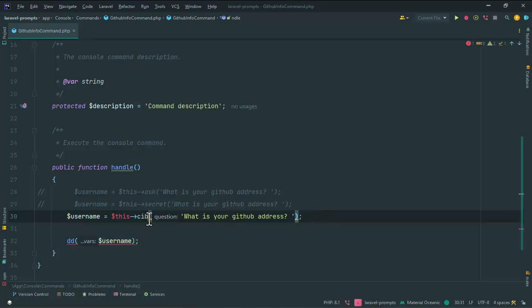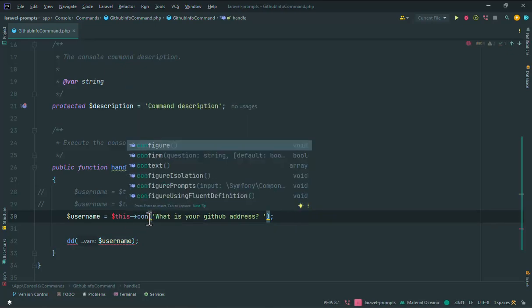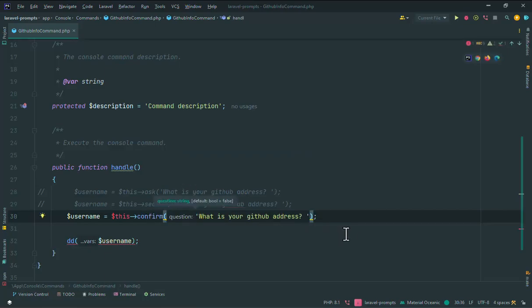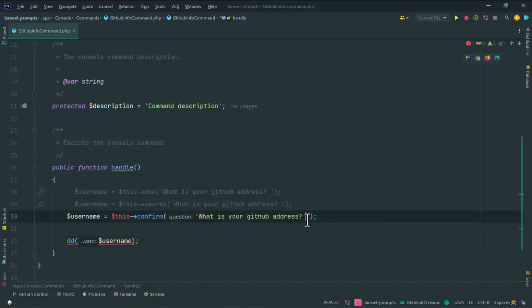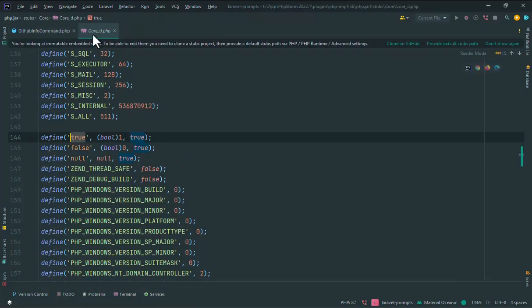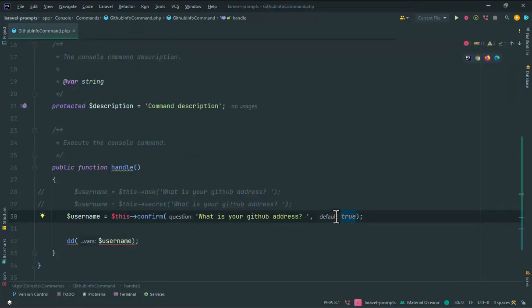we have confirm, for example, which is about yes or no. For example, are you wish to continue? You can say yes or no, and the default is no. If you want to change the default to true, you can use true here as the second parameter. So it's the Artisan Console in